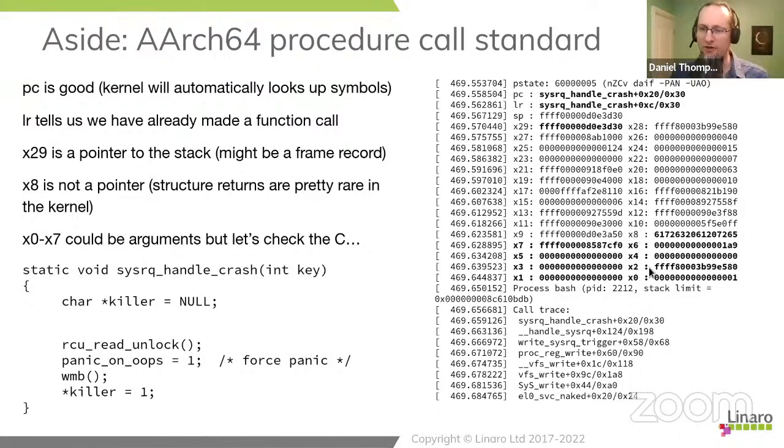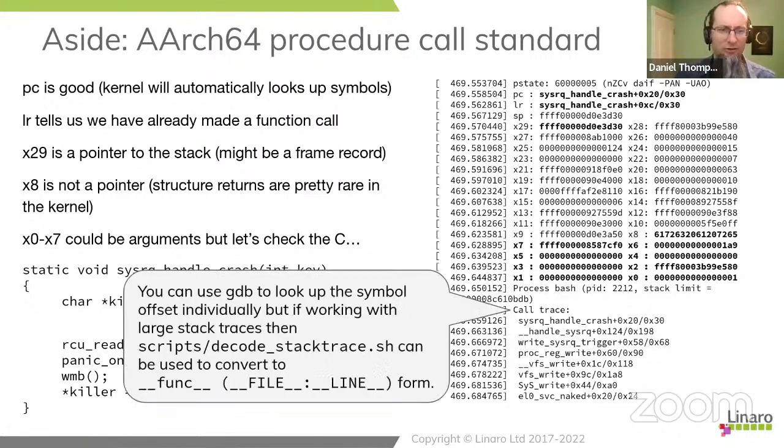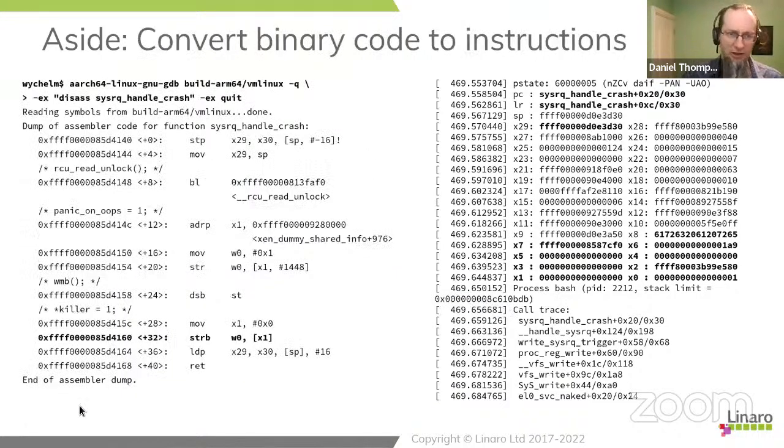But then you've got the arguments. These things could be arguments. It could be this key value. Now, this is a terrible example, but it's one that's easy to make crash. The reason it's not a great example on how to decode the arguments is because the key is unused, which means that the compiler has no particular motivation to preserve it. Because it's unused, the compiler is likely to overwrite it. So I'll come back to that aside in a second.